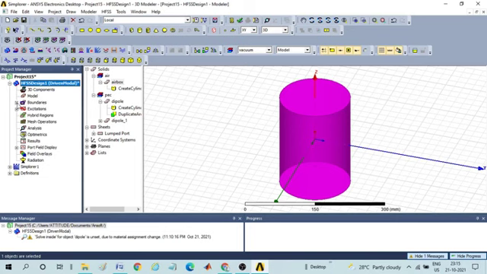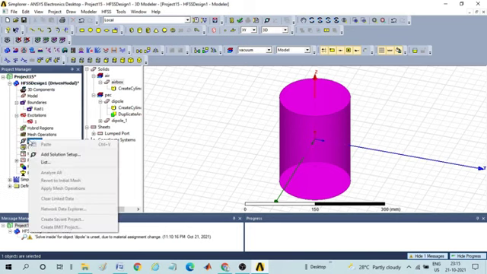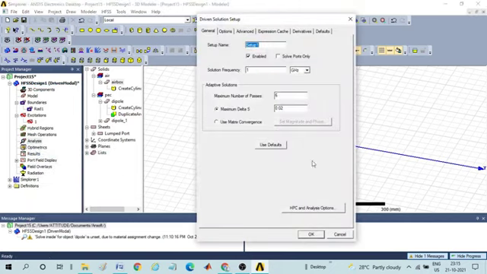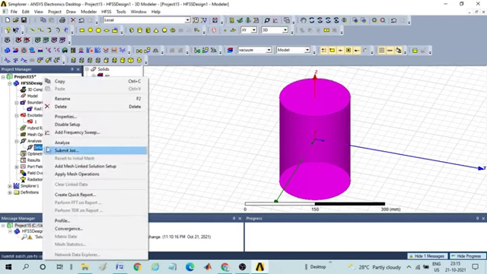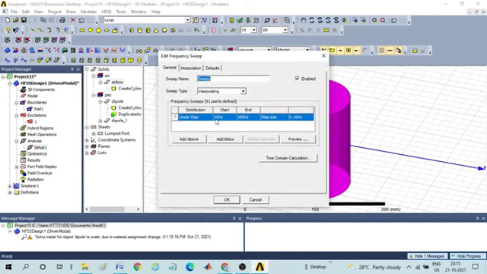Again go to HFSS. Now you have to see one boundary, one excitation. Now add solution setup to be 1 gigahertz and let us keep the maximum delta S as 0.02 so that it can optimize the resources. Then go to setup, right click, add frequency sweep.